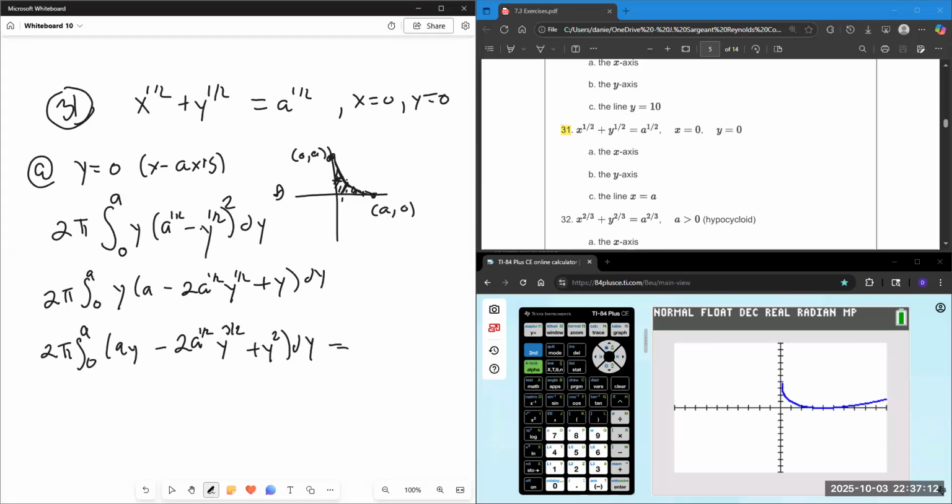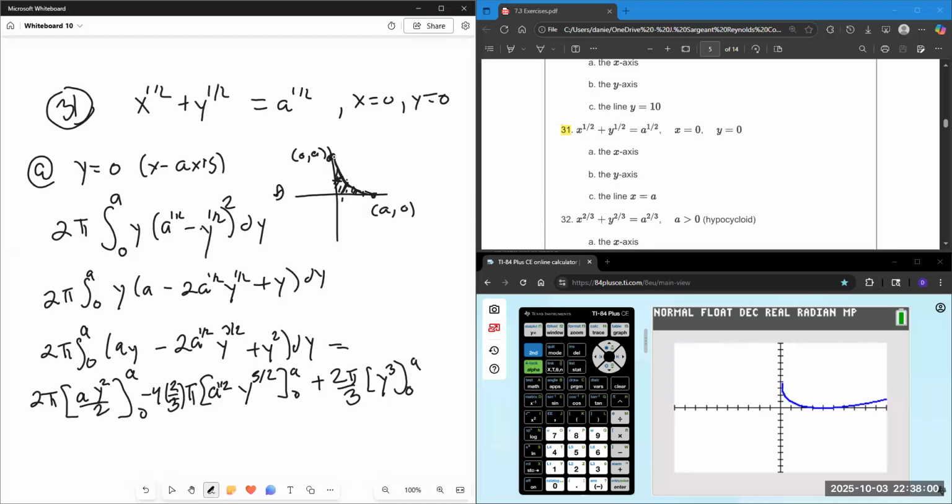It's going to be 2 pi and then a times y squared over 2 from 0 to a, minus 4 pi times a to the 1/2 y to the 5/2 times 2/5, 0 to a, plus 2 pi over 3 y to the third from 0 to a